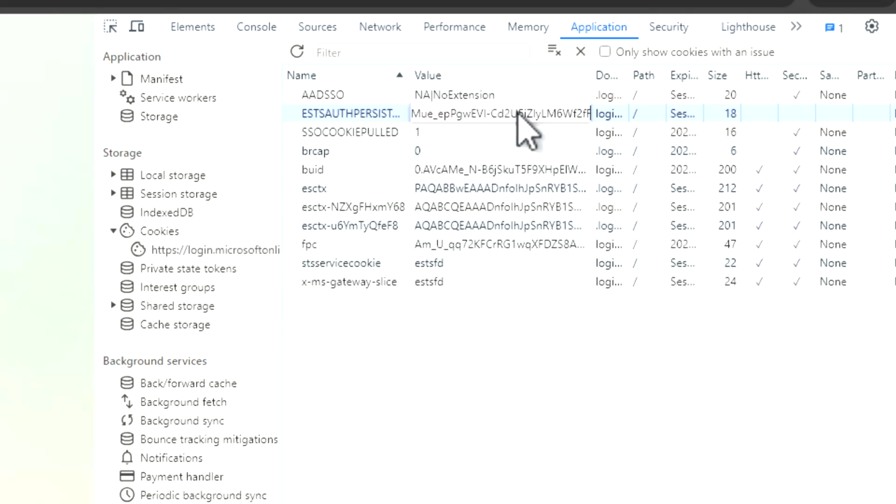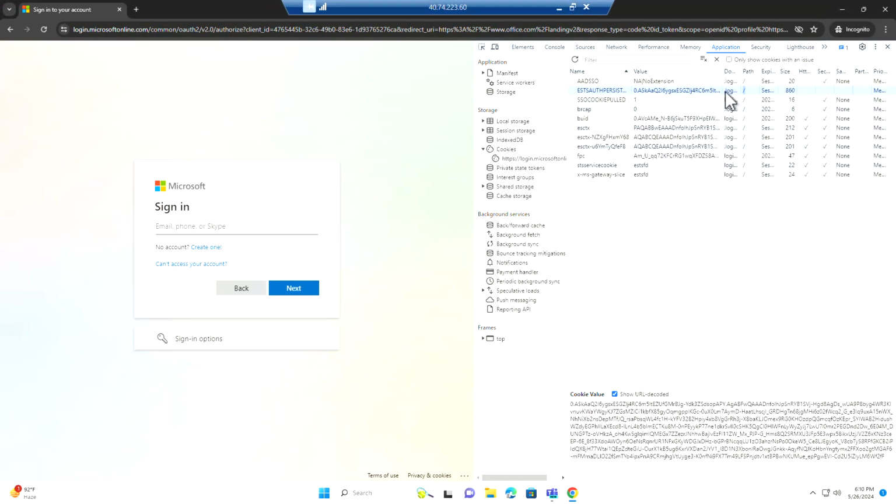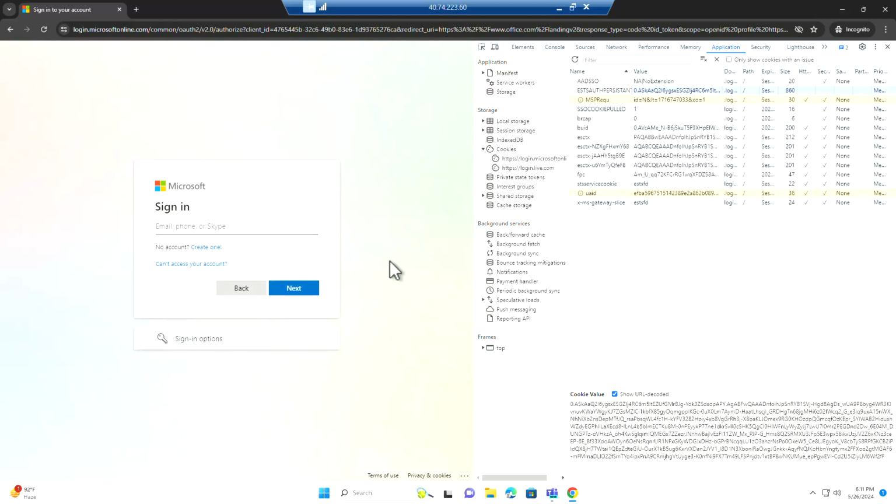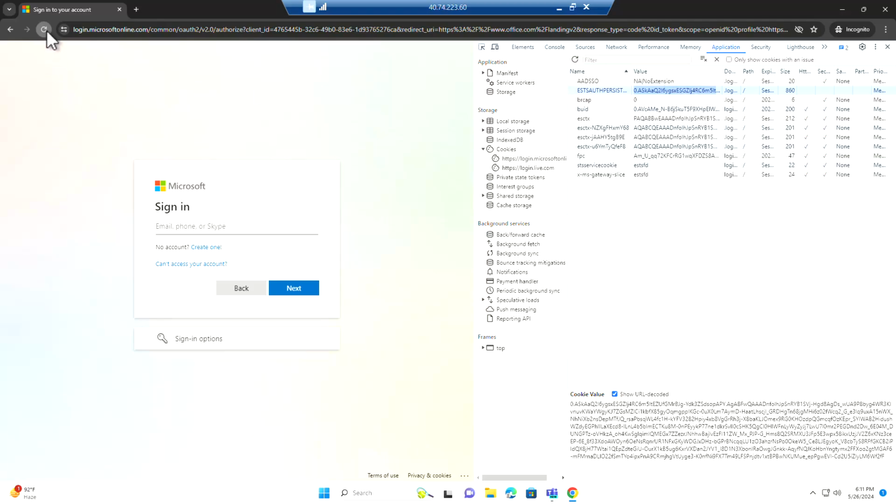I'm going to go ahead and add that copied cookie value that I got there, and I'm just going to put a dot here in front for this particular value. Now that I have this in here, I can simply click on refresh, and nothing happened here. So what did I do wrong? Oh, I spelled this wrong here. So if we change this to an E, and now we refresh,